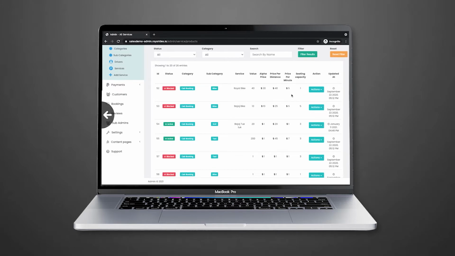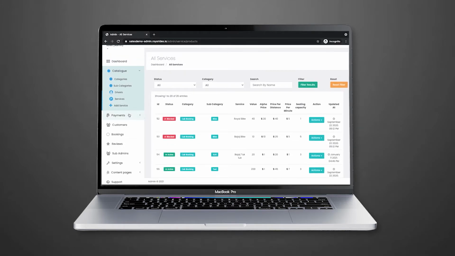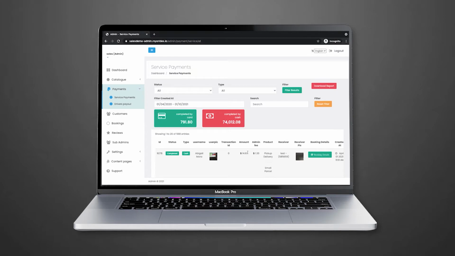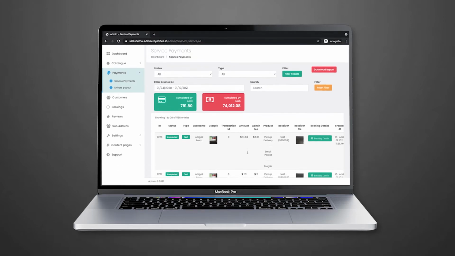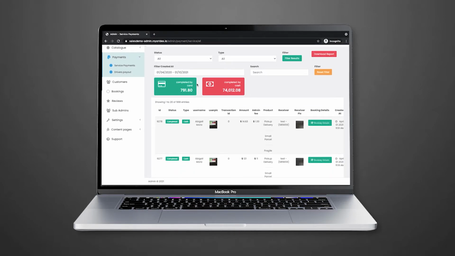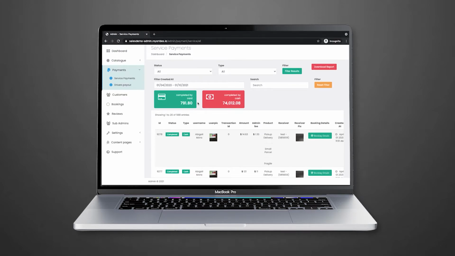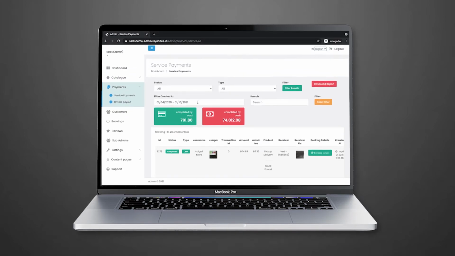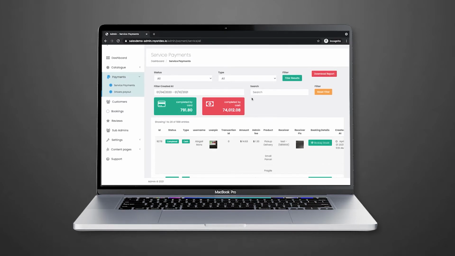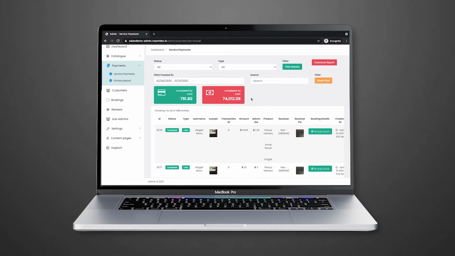Now let's move to the payment section. You can see all the payments in one place, like how much money you have earned through which payment gateway. Right now we have just applied two payment gateways: one is card and the other is cash. If we implement another payment gateway, that will show up right here. We can see how much money we have earned through card and through cash,